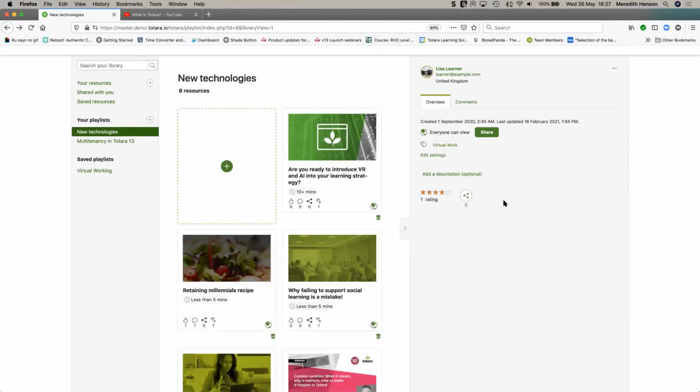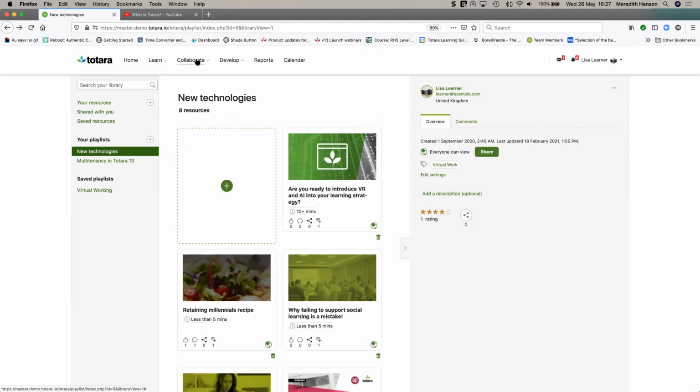No, there's no questions. I just want to point out that in the Totara community, you can go and experience this for yourself as well. So as well as taking courses on this, you can actually go and build your own sets of resources as well. So you can go and create something like this, and you can just have the experience for yourself as well. That's right. Don't have to do what I'm doing.